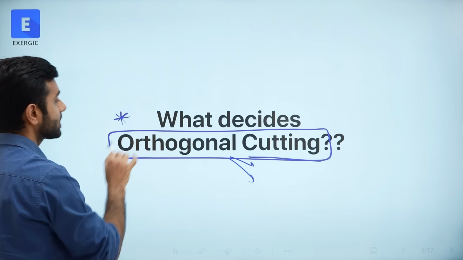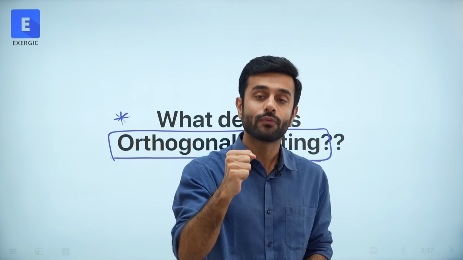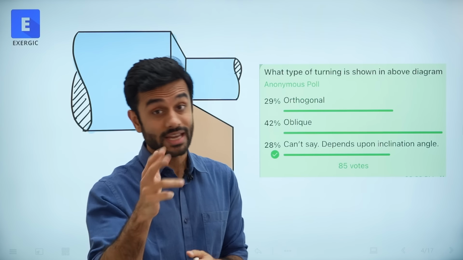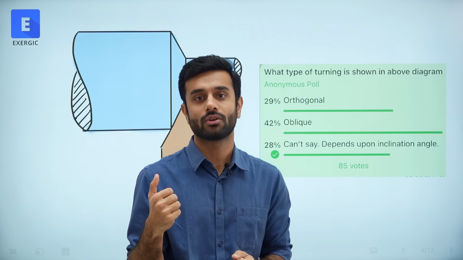Whatever is the basic concept, the basic fundamental of orthogonal cutting, what decides orthogonal cutting, that cannot be challenged, that cannot be changed, that cannot be violated. Whether it is orthogonal turning, milling, whatever you are doing, if it is orthogonal milling, if it is orthogonal turning, it has to follow the basic concept, the fundamental concept of what is orthogonal cutting. So to check whether students actually knew about this or not,